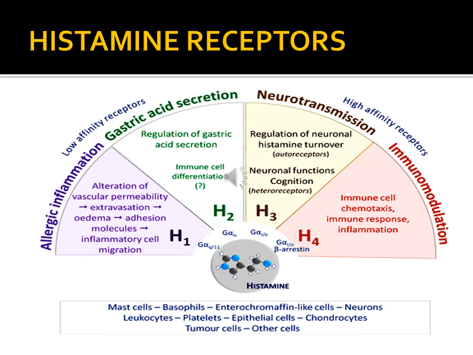The next one is the H2 receptor. The H2 receptor is highly expressed in various cells and tissues such as B cells, T cells, dendritic cells, gastric parietal cells, smooth muscle cells, and the brain and cardiac tissues. Activation of the receptor can induce airway mucus production, vascular permeability, and secretion of gastric acid.